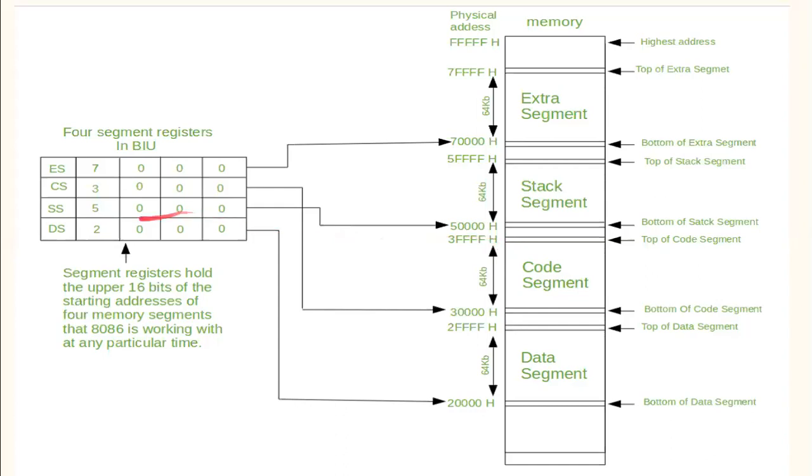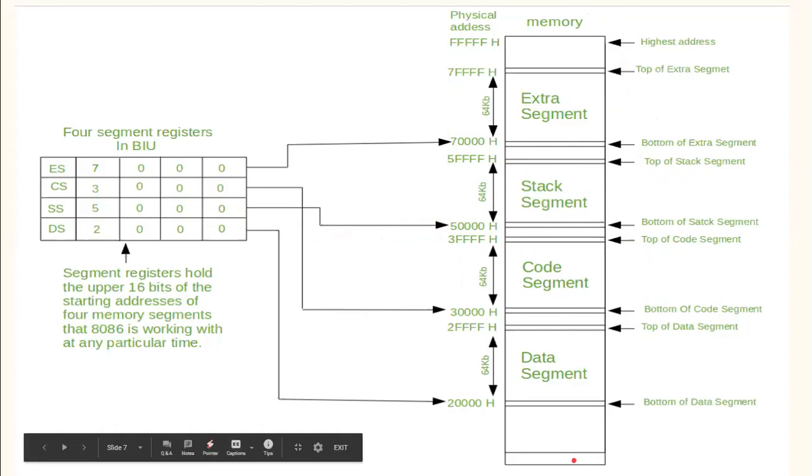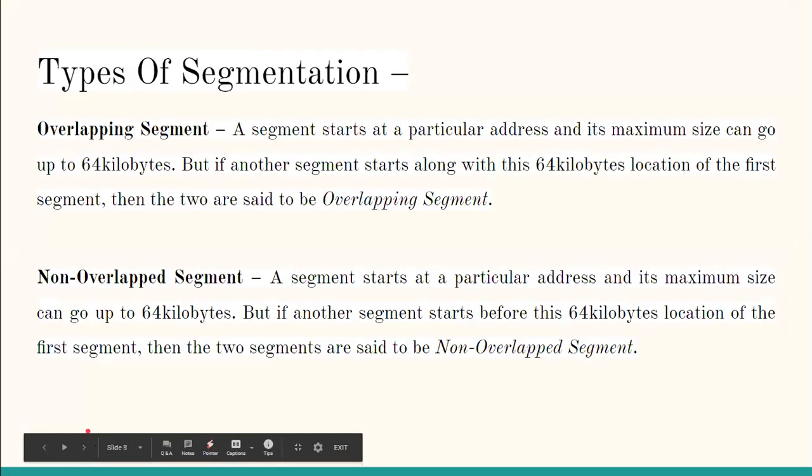Like that, here the next location given for the stack segment register is 5000. So the starting address of the stack segment will be 50,000. 4 times F is added to it because of the 64 KB length, and then the ending address will be 5FFFF. Like that, the memory segmentation is shown, and there can be more than one segment, but these are the 4 basic segments. So this was about the addressing and memory segmentation.